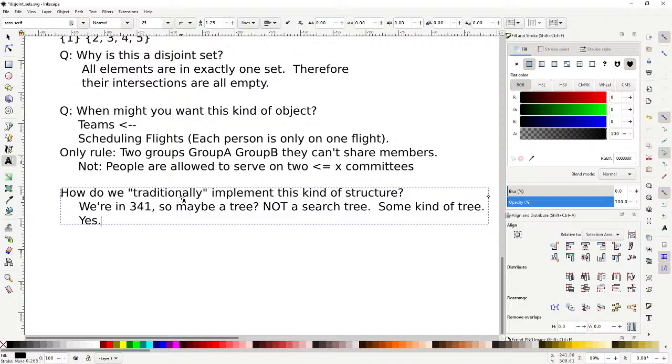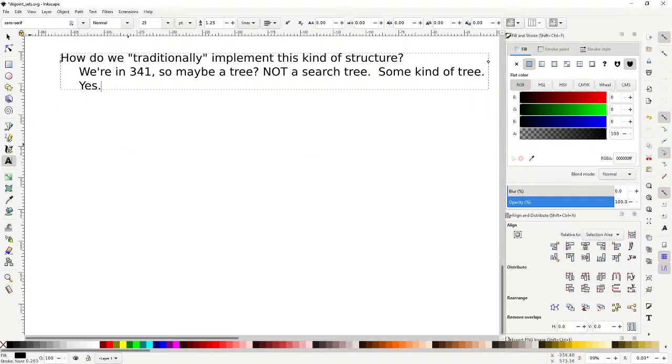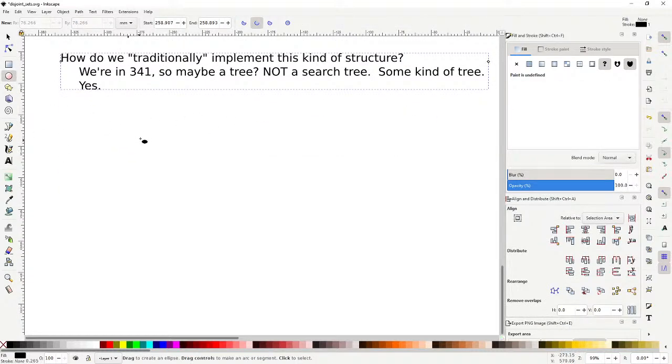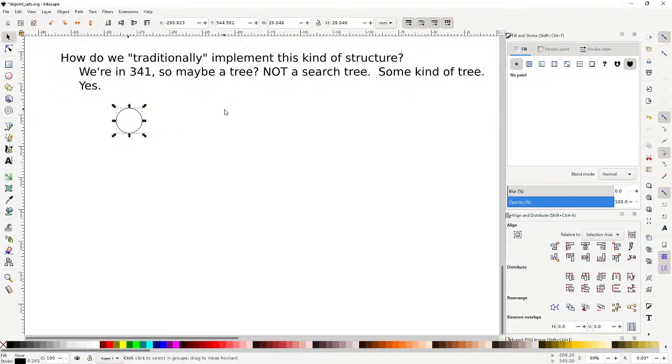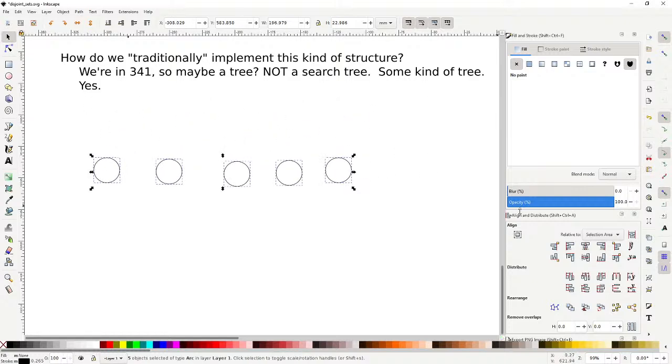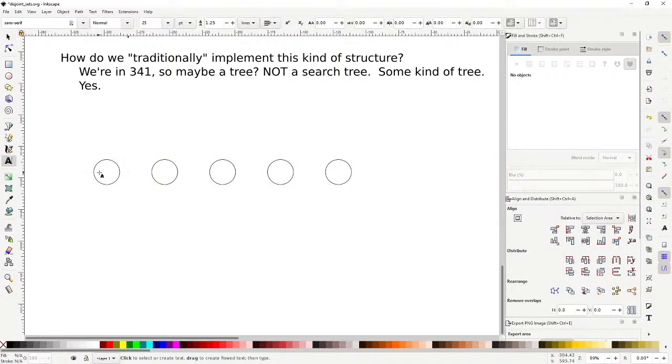So you might say, wait a second, that's cheating because everything is a tree in this class. And the answer is, of course, everything is a tree. The only things that aren't trees are going to be graphs, which we'll talk about. And you'll see it actually goes the other way. Instead of all things are trees, you'll end up learning that all things are actually graphs. So let's space these out evenly like this, and let's put some numbers in them. And let me show you how we can